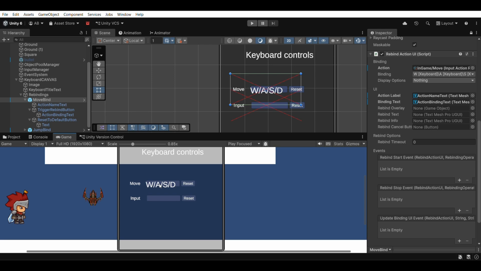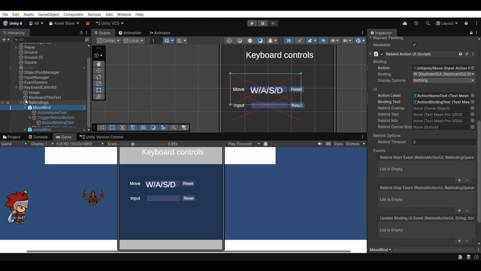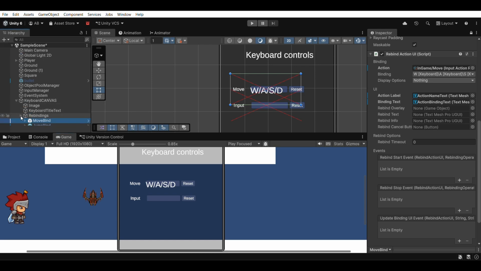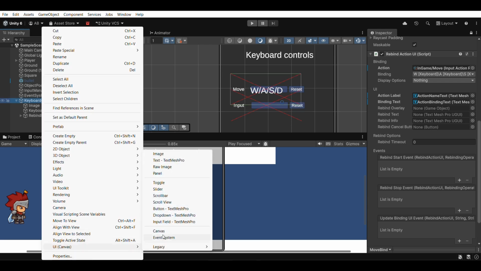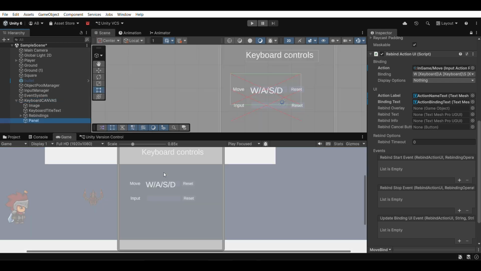So to show that specific panel, we have to create our separate panel for it. So to create our separate panel, we have to, and inside this binding panel we will give